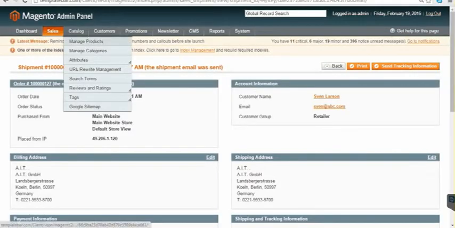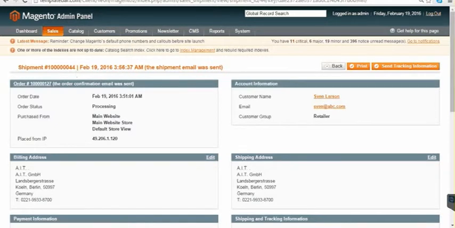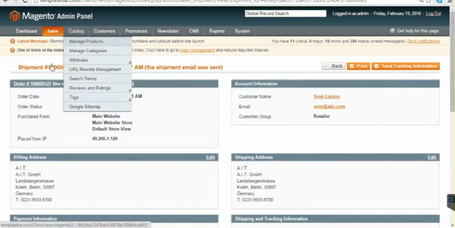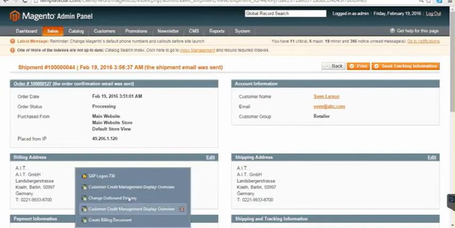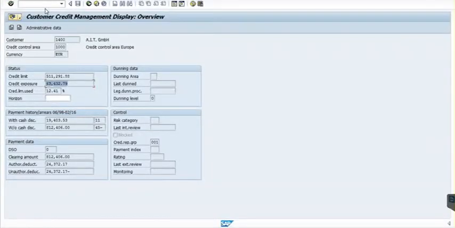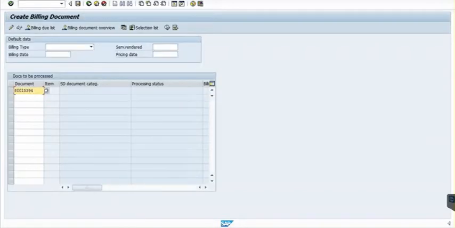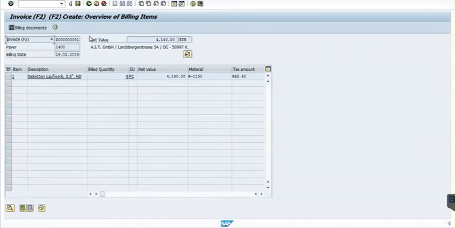Okay. So now let's go ahead and check the other missing items. Let's create the invoice now. Okay, this is the invoice.